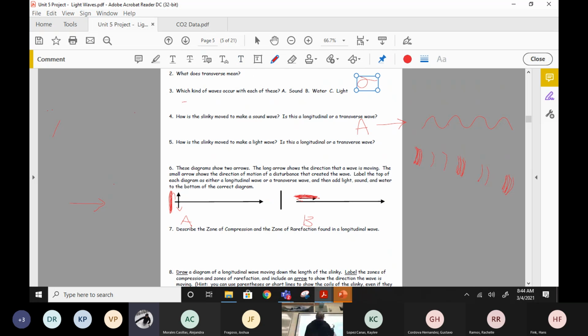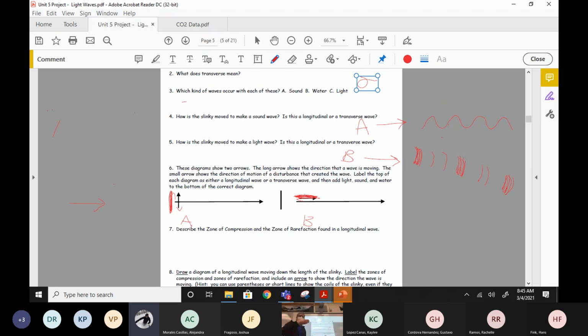So this would be wave A over here. This would be wave B, correct? Yeah. This wave that we usually think of as a wave going along like this is formed by a perpendicular disturbance, whereas the other wave is formed by a parallel disturbance, moving back and forth in the same direction.